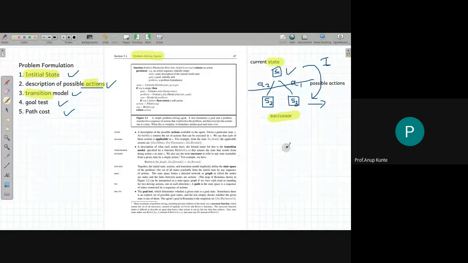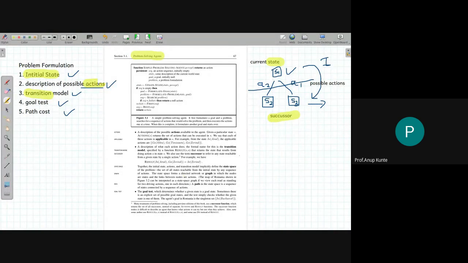So what does the transition model do? It allows me to expand my horizon. So I start with one single state, the initial state. As I embark on my journey over the transition model, I start adding more and more states to my current horizon or current known states. And as I walk over this collection of states, which is generally referred to as state space because it is a collection of states, I use the path, which is the set of actions.